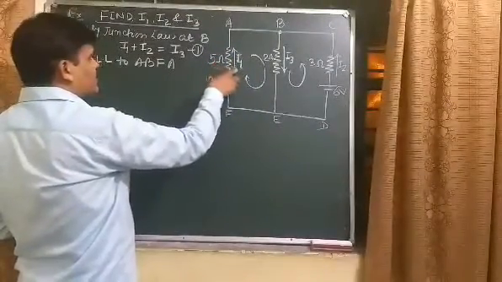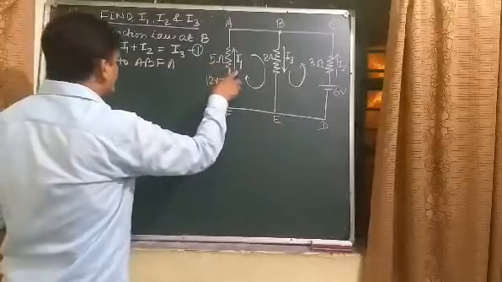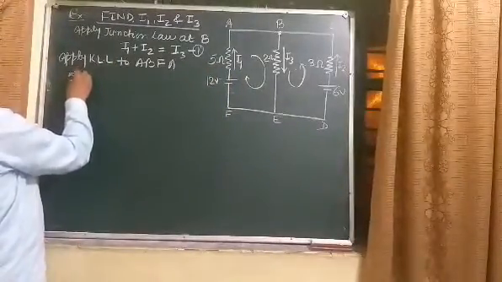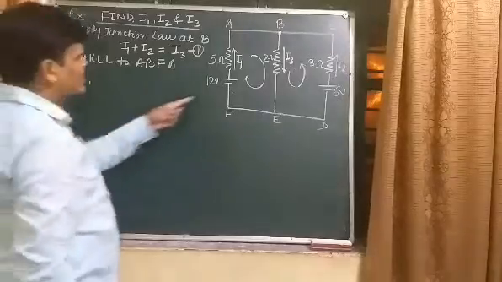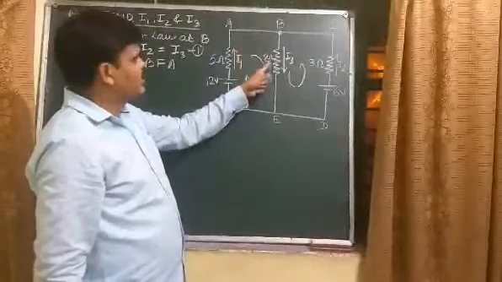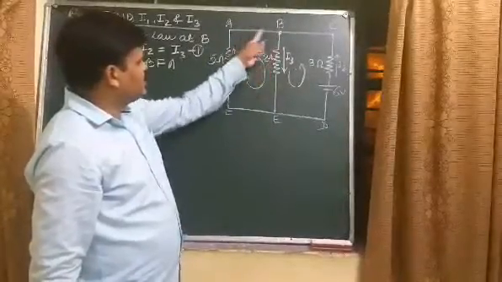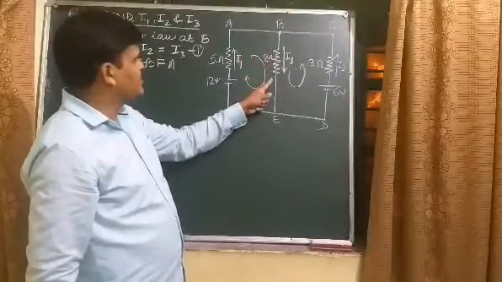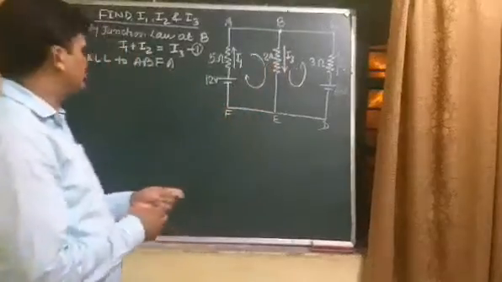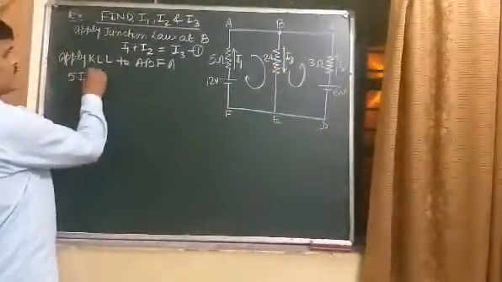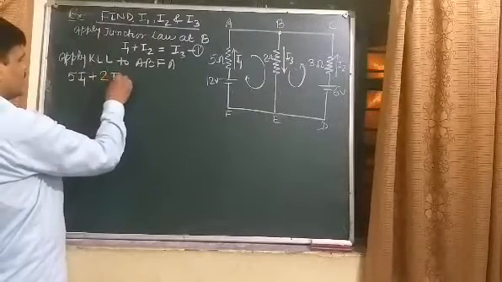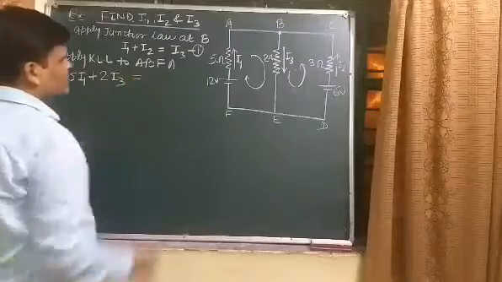So the product of I1 and 5 ohm is positive. So 5 I1 is positive, because path and the direction of the current are the same. Here also the direction of the current and direction of the path are the same. So the product of current and resistance is positive. So here 2 I3 equal to,